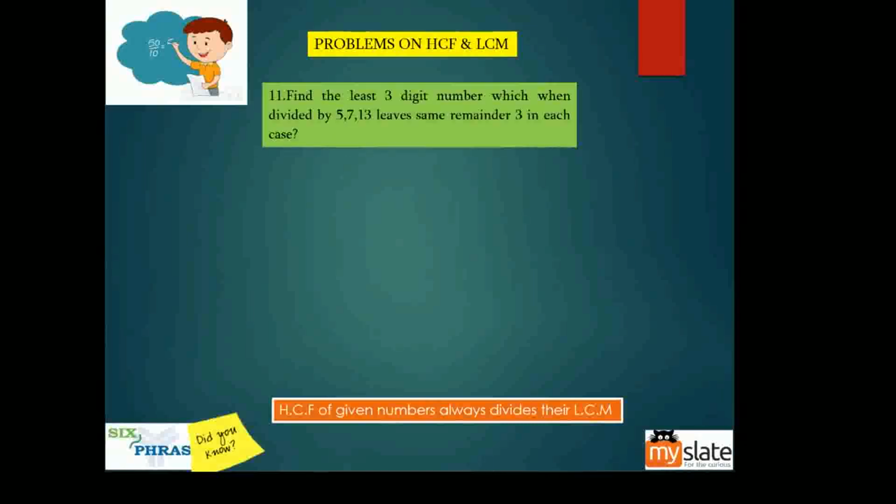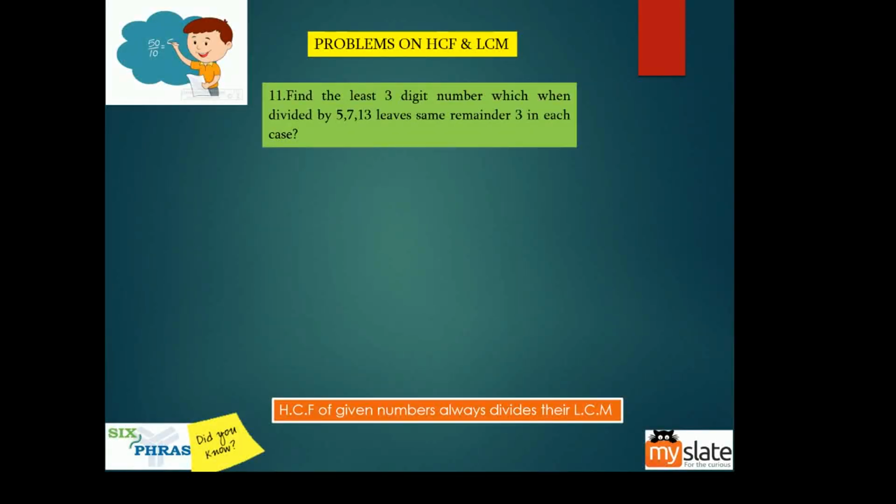Find the least 3-digit number which when divided by 5, 7, 13 leaves the same remainder 3 in each case. I have a question, guys. Okay, so you tell me,